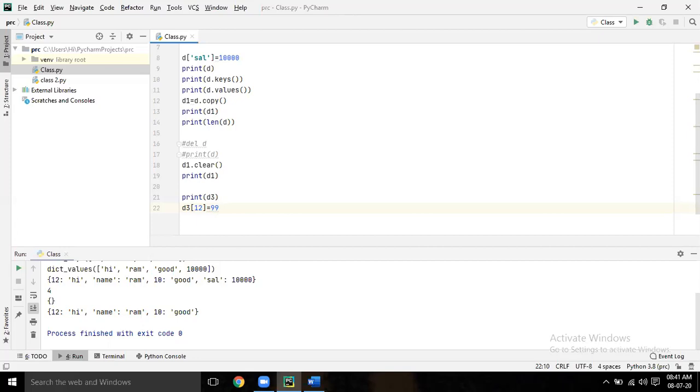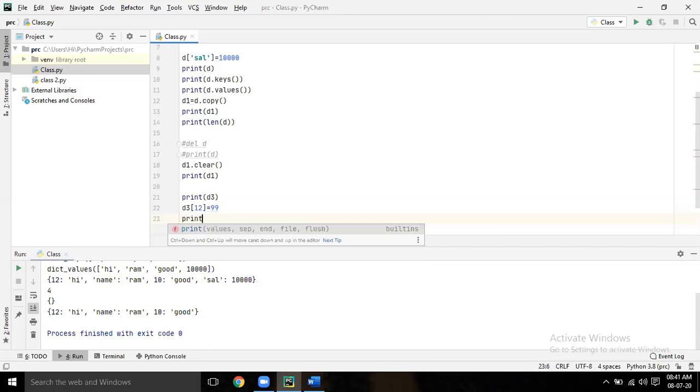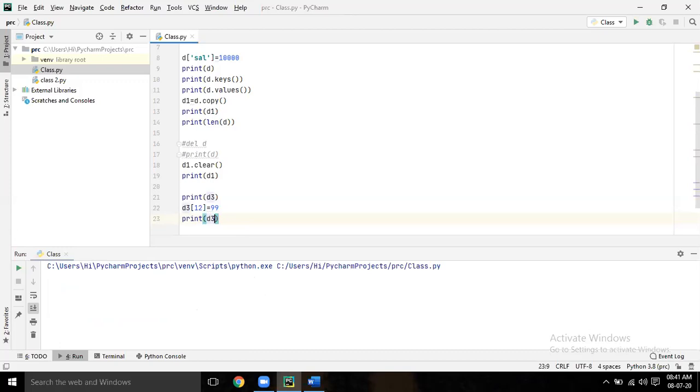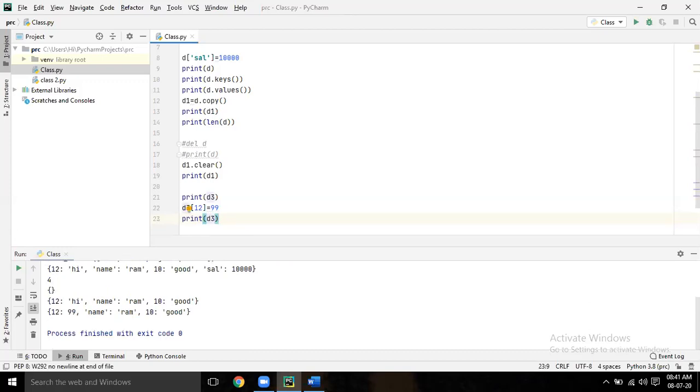Now enter, print D3. Run it. See, now hi is updated. So like that, you keep the key first and you can change values. Any doubt?